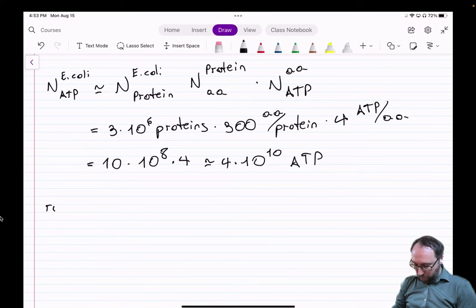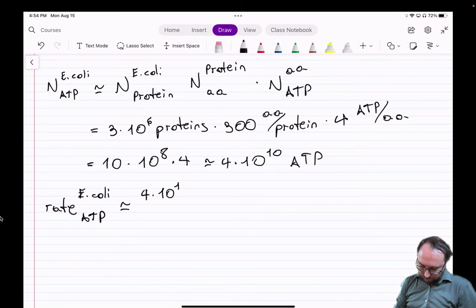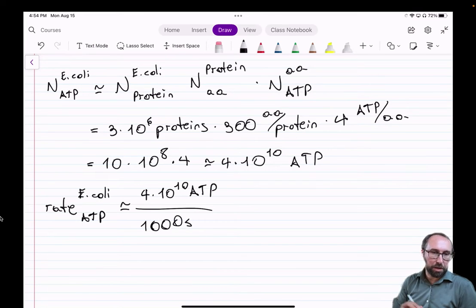So the rate in E. coli of ATP is on the order of 4 times 10 to the 10 ATP molecules divided by, let's say, 1,000 seconds, right? This is a relatively fast, like a 20-minute division time. Okay, so what this takes us to is on the order of 4 times 10 to the 6